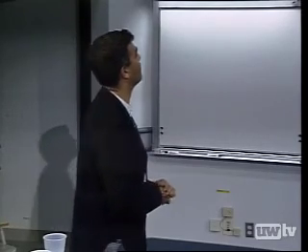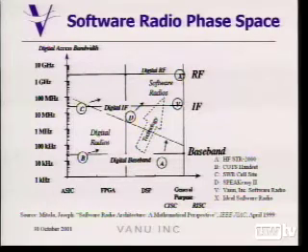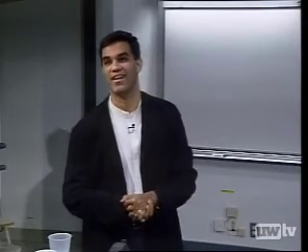The ideal software radio would be all the way up to the right, out at infinity. You know, when we can digitize DC to light and process it on our microwatt Pentium, we'll be all set. But we're not quite there. And then the V was our technology at MIT. And the reason I like this slide is that we're the closest to the X. But the really important thing is, how did we get there?